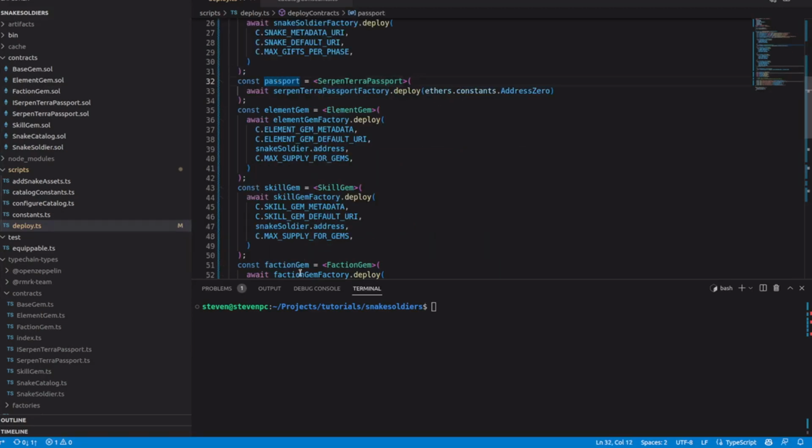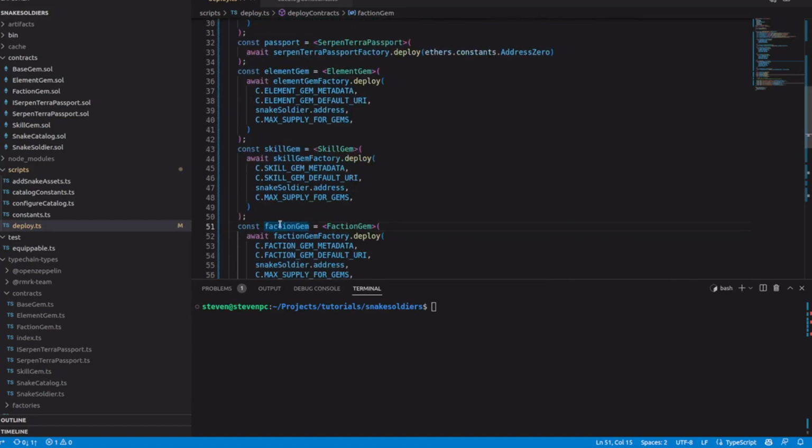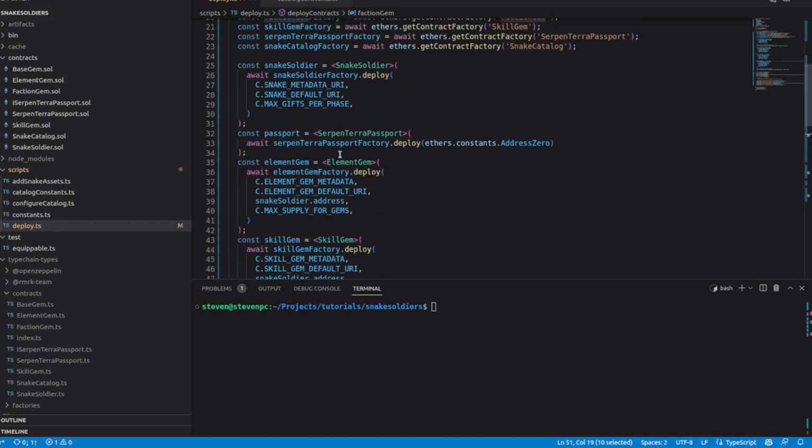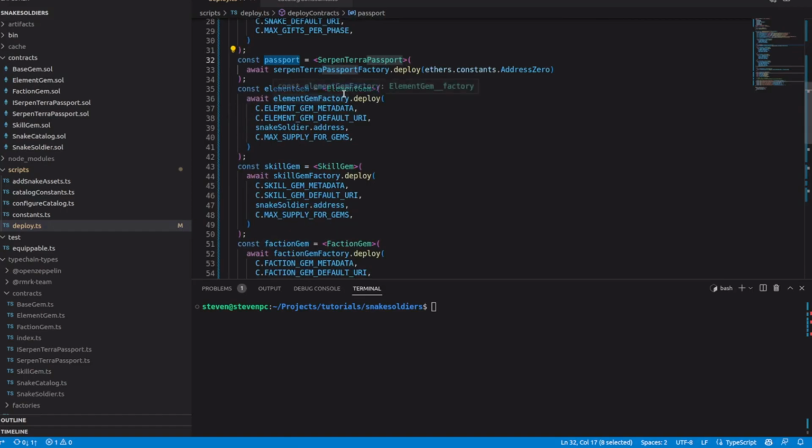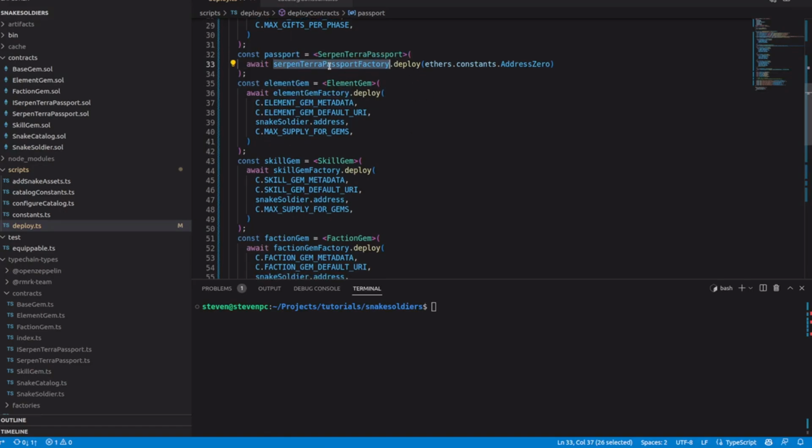The passport and the faction gem contract need to know each other, because the gem can only be detached from the snake if it holds a passport, and the passport can only be burned from a gem call. But we didn't define methods on these 2 contracts to update the other one. They can only be set on deploy, and we need to deploy one of them first. So we have a bit of a problem. I will fix it next, which is to add in both contracts an option to update.